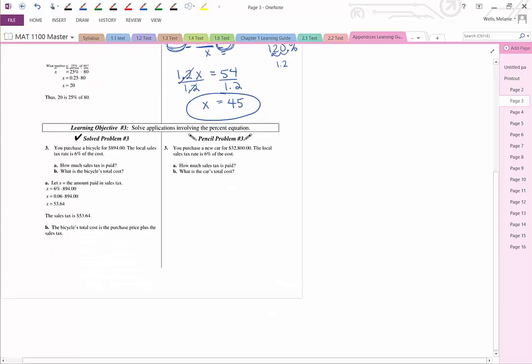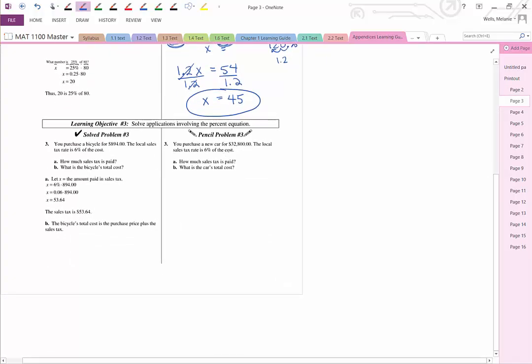Okay, let's look at number 3. You purchase a new car for $32,800. The local sales tax rate is 6% of the cost. How much sales tax is paid, and what is the car's total cost? So to find the sales tax, we know that we would multiply the tax rate by the original amount of the car. So it would be